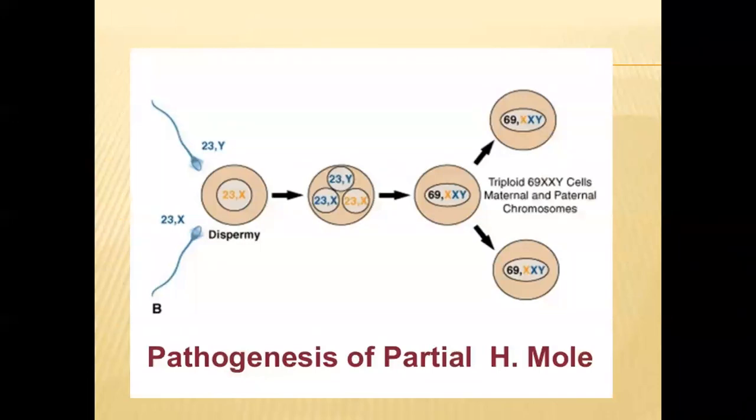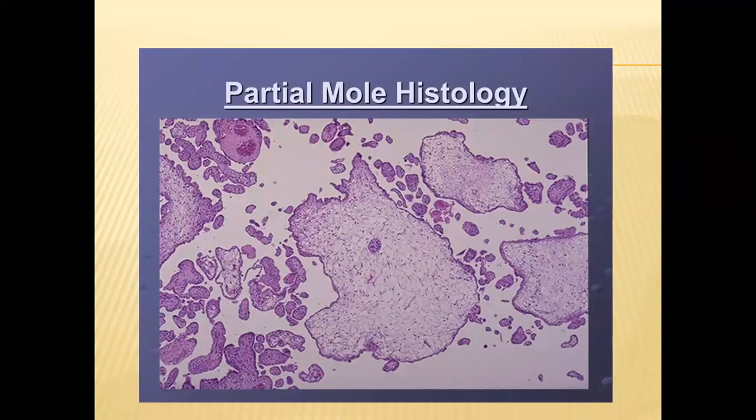अब देखें आप, इसकी पैथोजेनेसिस क्या है, when a normal ovum, उसमें empty ovum था, इसमें normal ovum is fertilized by the two sperm or one sperm which undergo reduplication। तो इसमें reduplicate हो गए, तो 69 XXY, 69 XXY, 69 XXY, या टेट्राप्लॉइड भी हो सकता है, 92 भी हो सकता है, लेकिन ज्यादातर ट्रिप्लॉइड होता है। तो ये इसकी पैथोजेनेसिस है, when a normal ovum is fertilized by two sperm or one sperm which undergo reduplication, या जिसके क्रोमोसोम डबल हो जाए। तो ये है पैथोजेनेसिस पार्शियल मोल।